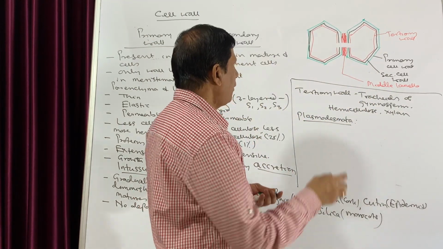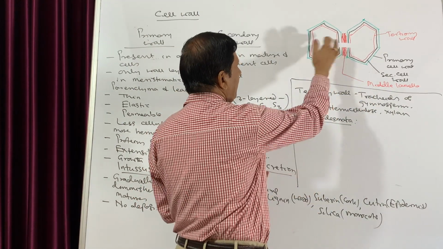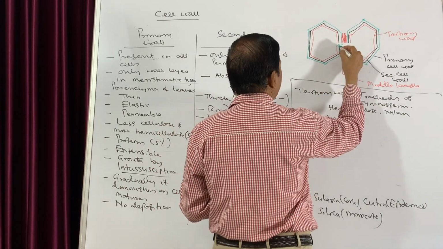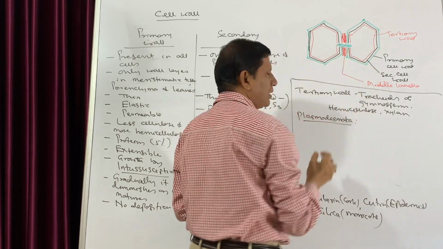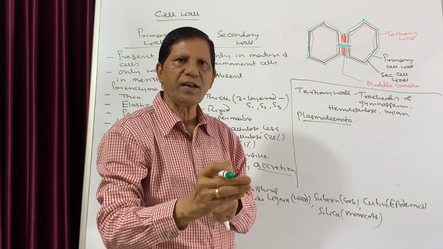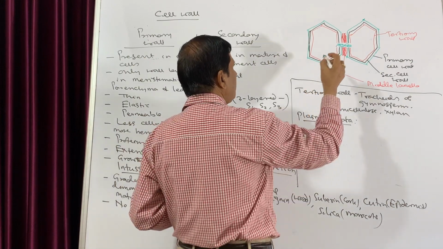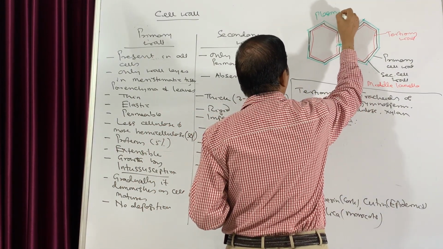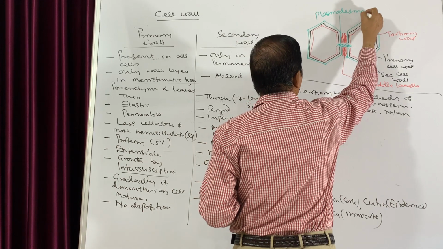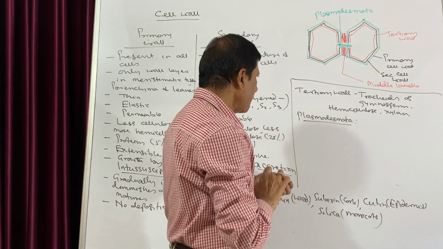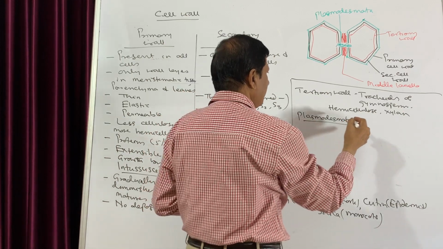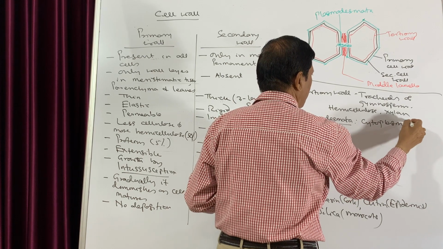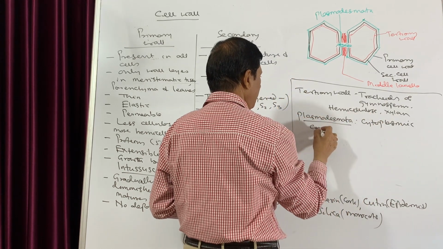You see, now the two cells are interconnected by means of certain cytoplasmic connections, and here there are certain tube-like structures like this through which there will be exchange of material between the two cells. So this is known as plasmodesmata. Plasmodesmata is the cytoplasmic connection